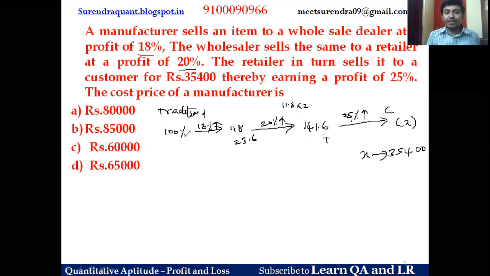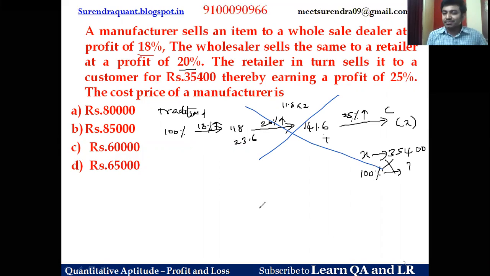In the traditional method, the manufacturer cost you have taken as 100%, right? So then 100% is what? Cross multiplication, get the answer. But strictly avoid this method because it is very time consuming. What is the simplest method then? Friends, in the percentage concept, I did a video on the successive multiplying factors method. That method will be the easiest model to work this out.